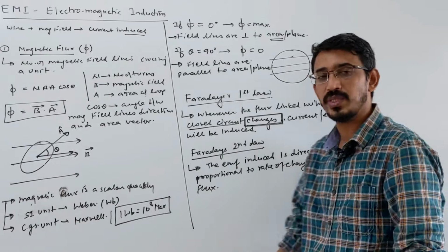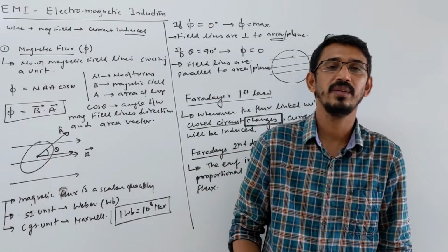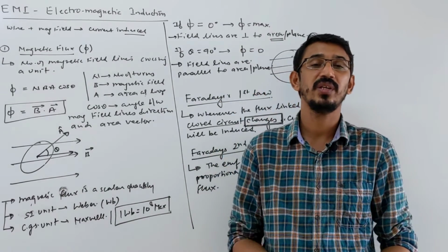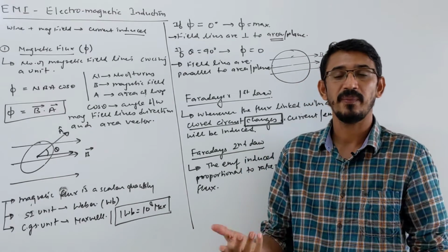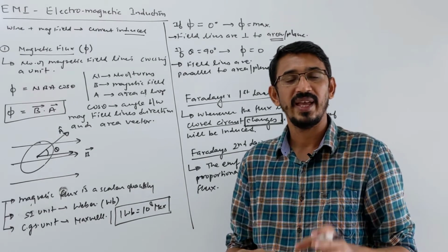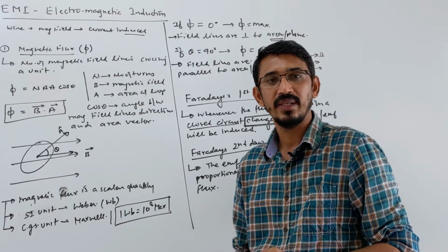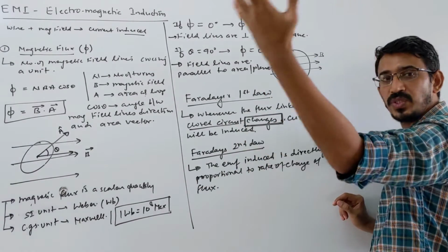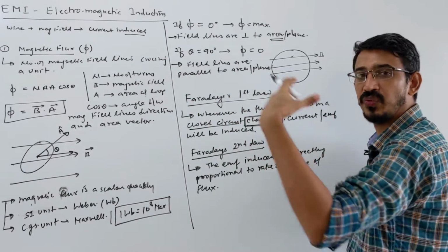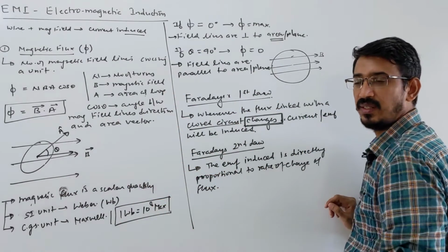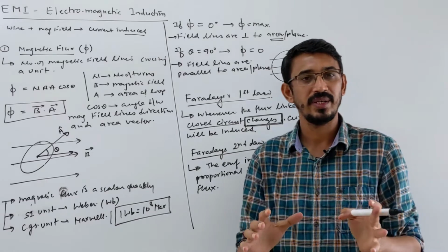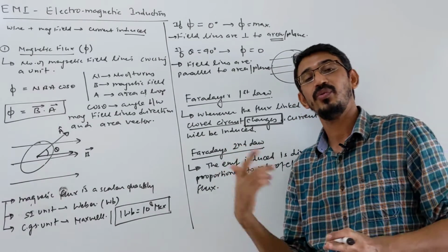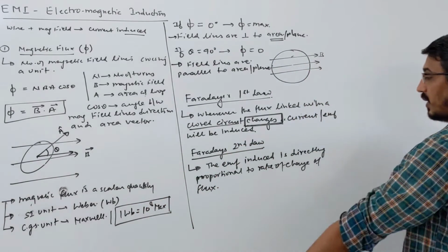Look here, remember Newton's second law, what does it say? The force acting on a body is directly proportional to the rate of change of linear momentum, right? F is equal to dp by dt. Exactly the same thing here also. Like there is a force, EMF is electromotive force. So they are equivalent. In Newton's law we say just the word force, here it says electromotive force. So they are identical.